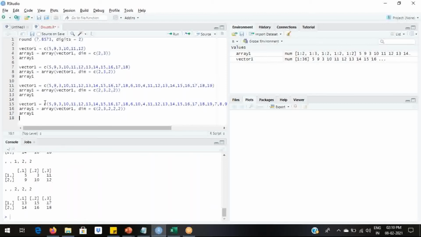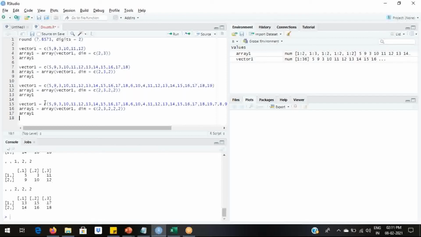Similarly, when we go for 5 dimensions, we will have a total of 2 into 3 into 2 into 2 into 2, which is nothing but 48 values. So we will have a total of 8 arrays of 6 elements each. Total number of values is 48.